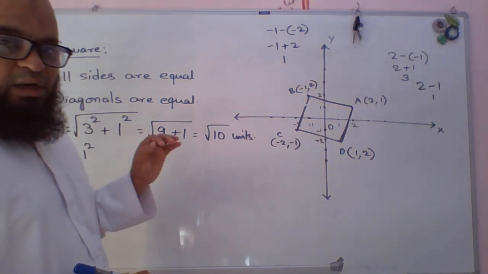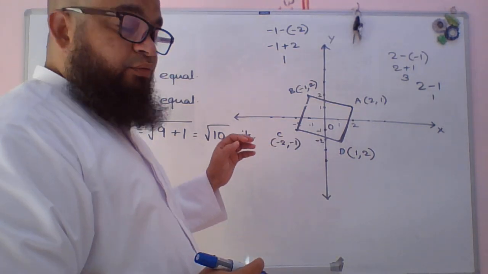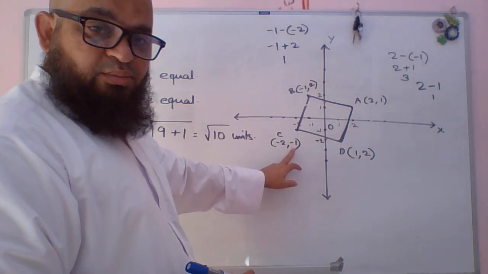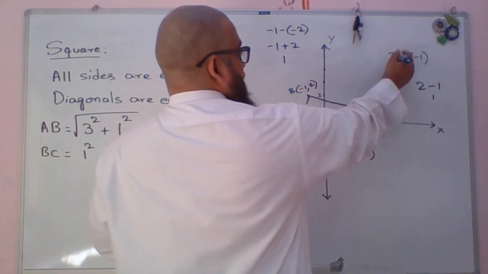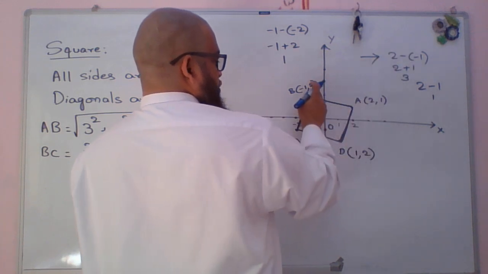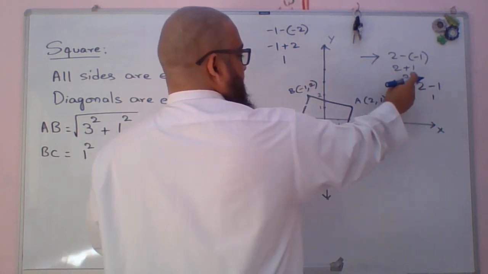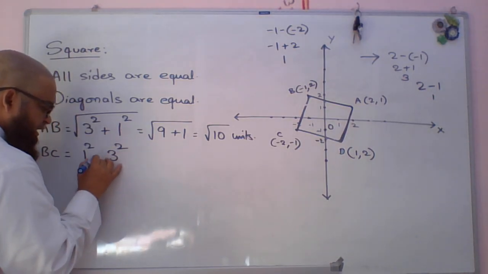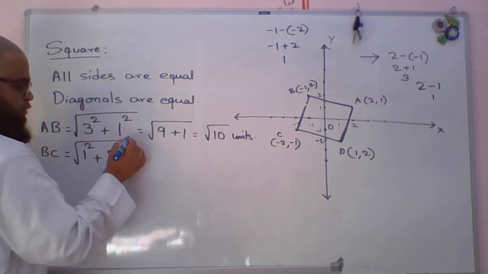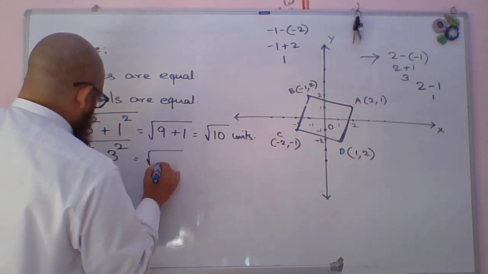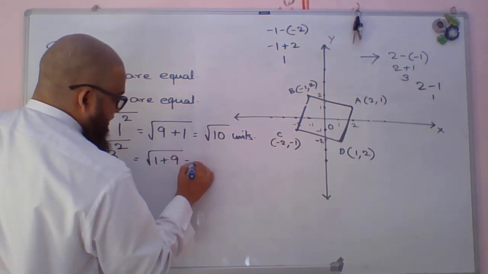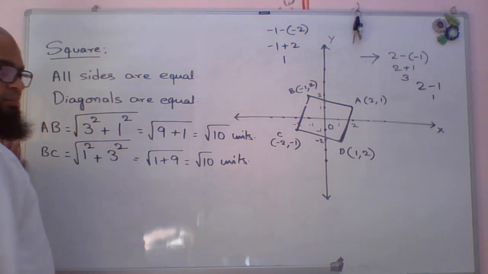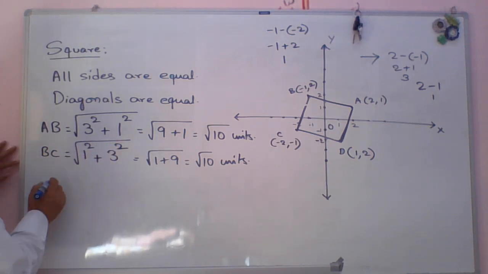Now let us find out the difference of y coordinates. Which one is bigger? 2 and -1. Which is bigger? 2. So it is 2, the same thing. 2 minus of -1, that is 3. So it will be 3 square. Now add these two and take the square root. So that is equal to square root of 1 plus 9, that is equal to square root of 10 units. Okay. Now let us see CD,